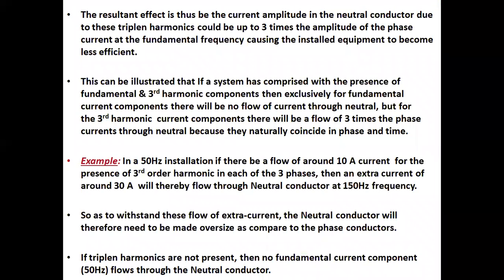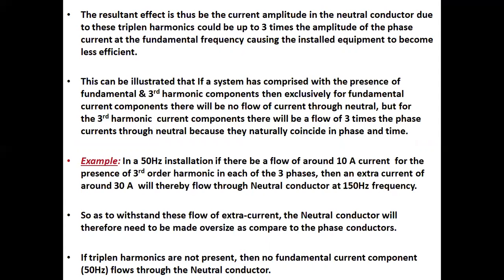The resultant effect is that the current amplitude in the neutral conductor due to these triplen harmonics could be up to 3 times the amplitude of the phase current at the fundamental frequency, causing the installed equipment to become less efficient. This can be illustrated if a system comprises the presence of fundamental and third harmonic components, then